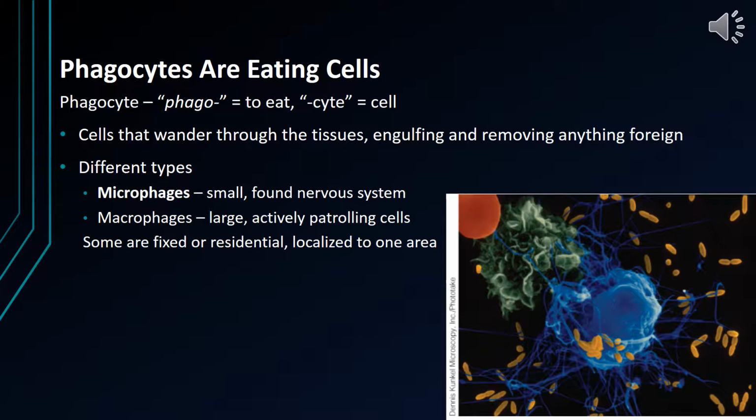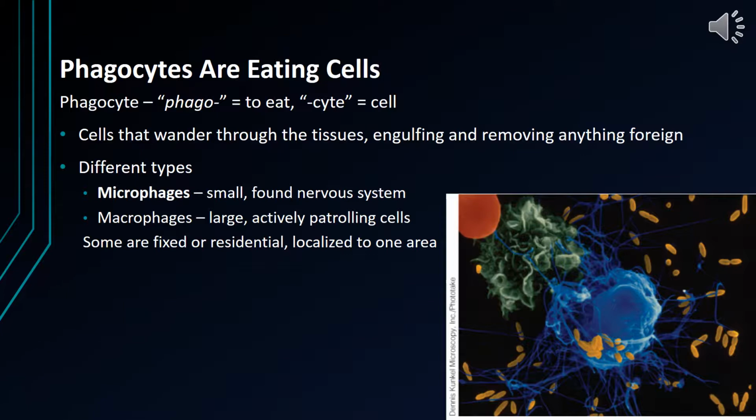Phagocytes are eating cells which indiscriminately eat invading pathogens. So the word phagio or phago means to eat, and cyte means cell, so that's how we get the word phagocyte. And these cells wander through the various tissues of the body, engulfing and removing anything foreign. And there are two basic types of phagocytes. These are